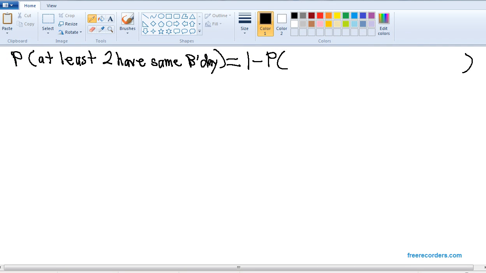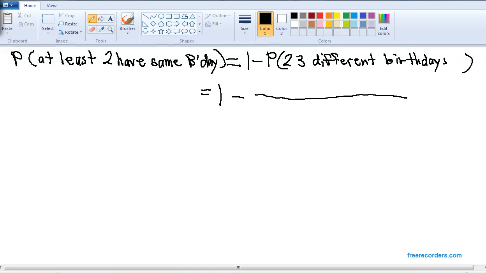So what is the complement of at least two people having the same birthday? Well, remember, complement means not. If it's not the case that at least two people have the same birthday, what is the case? Well, that means that we have 23 different birthdays. So we're going to find the probability of 23 different birthdays, and then subtract